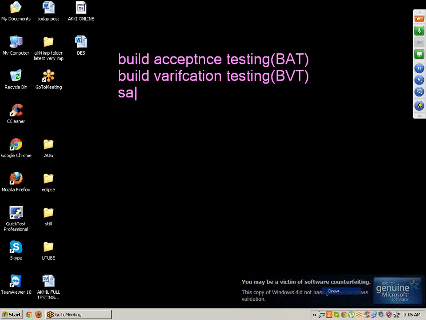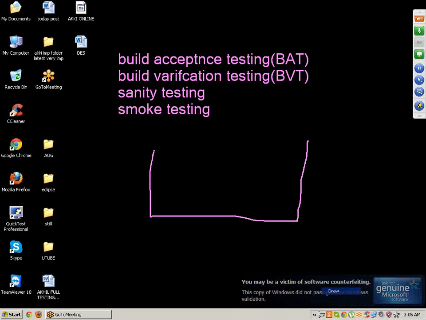and we can say sanity testing, and we can say smoke testing. This is only one type of testing, but it has a number of names: build acceptance testing, build verification testing, sanity testing, or smoke testing. What is build acceptance testing or build verification testing or sanity testing or smoke testing? We will discuss that now. Whenever you are working with any software company, first of all, the software company people